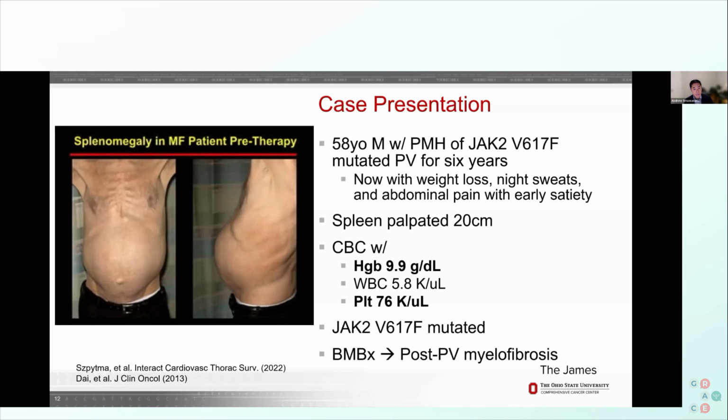On physical exam, we were able to palpate their spleen on the left side of the abdomen at very large, 20 centimeters below the left costal margin of the ribs. Their blood counts showed that they have a new anemia with a hemoglobin of 9.9 and a new thrombocytopenia with platelets in 76. Again, we found the JAK2 mutation, and the gold standard to figure out what's going on at this point is a bone marrow biopsy. And with that, we diagnosed the patient with post-PV